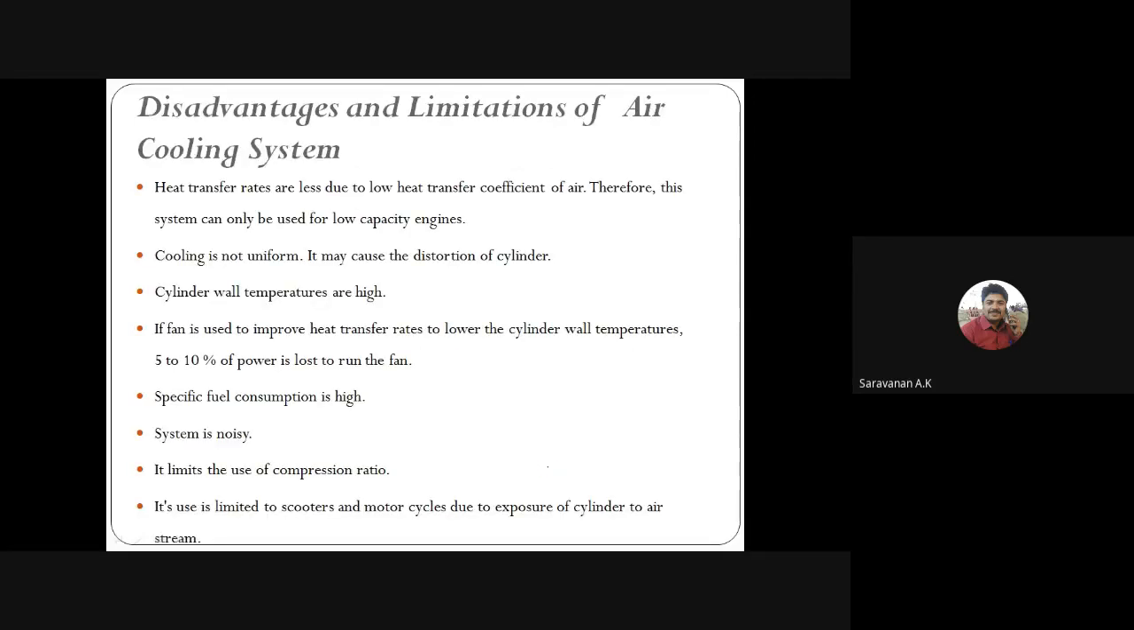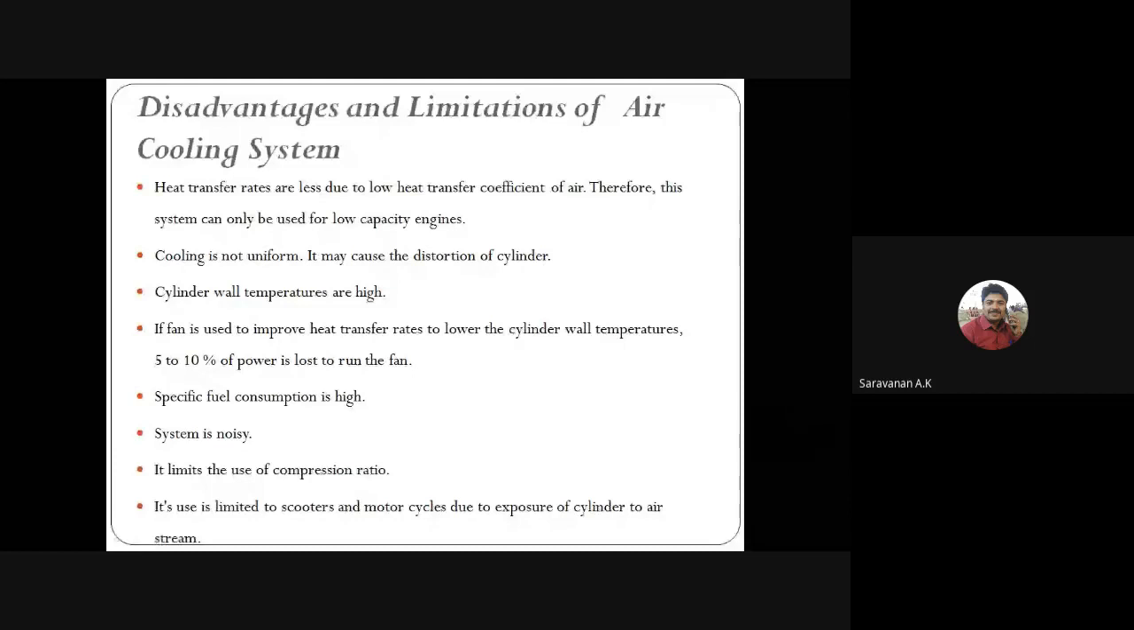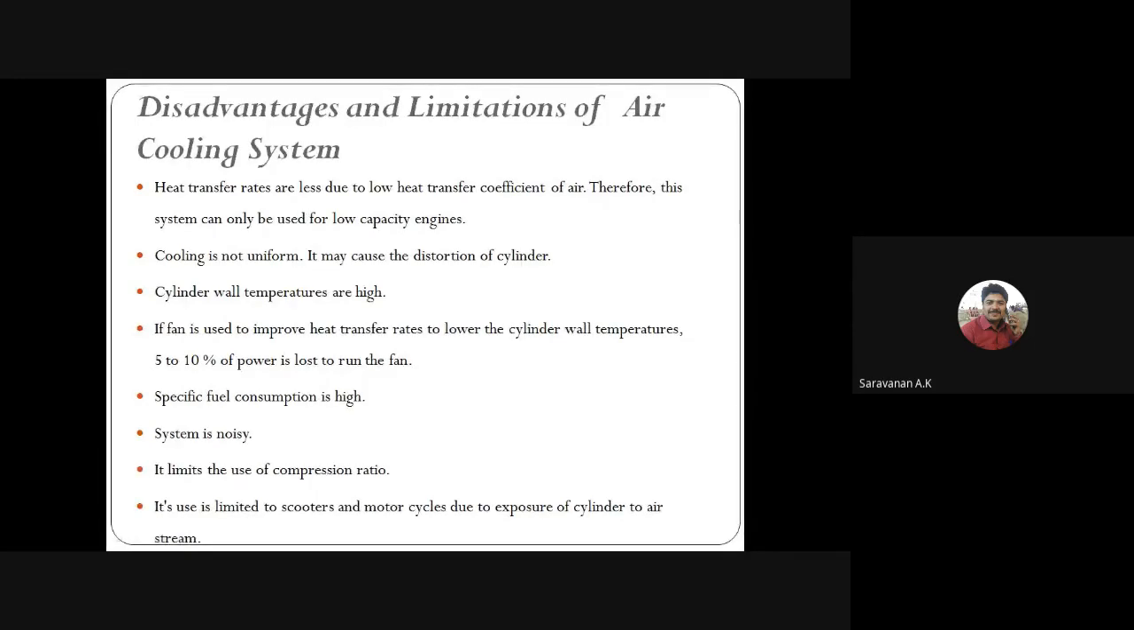Then for the disadvantages. Every system will have some advantages and some disadvantages also. Here the heat transfer rate is less due to the low heat transfer coefficient of the air. For example, if you heat a metal plate and keep it in the atmosphere, and the same metal plate is heated and dipped into water,